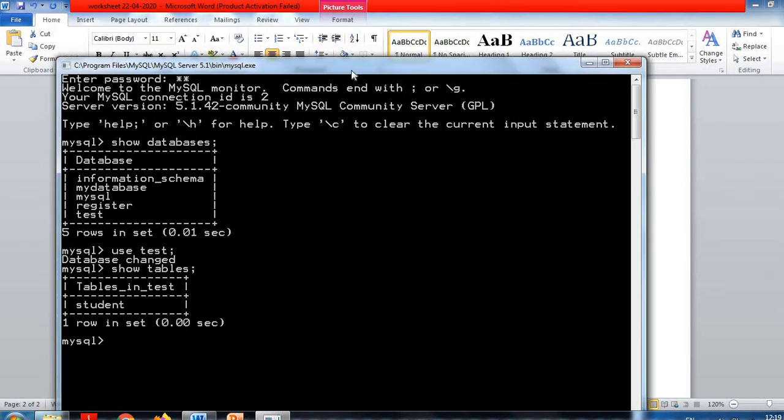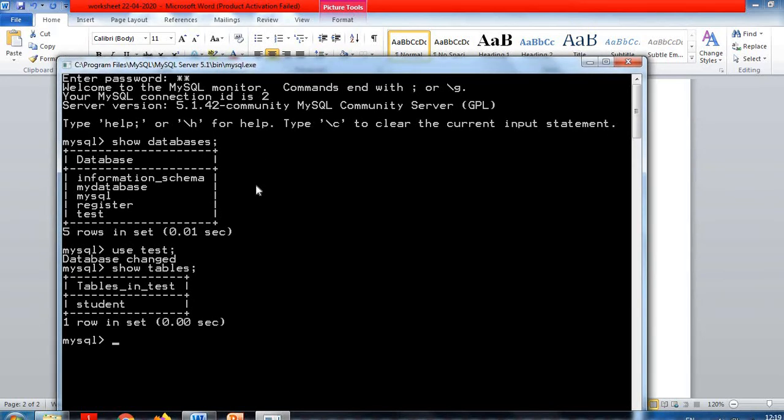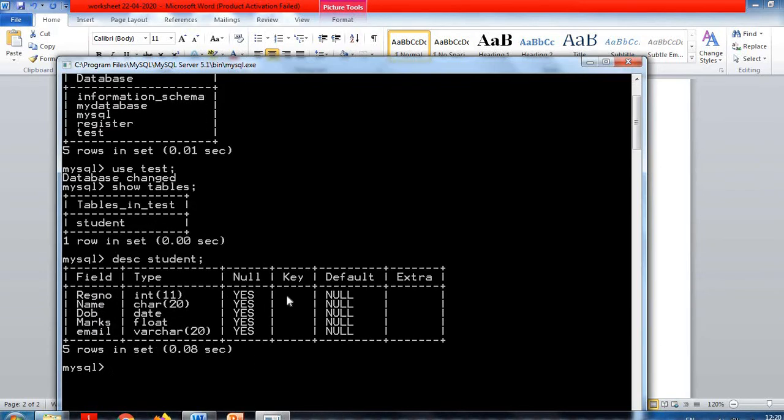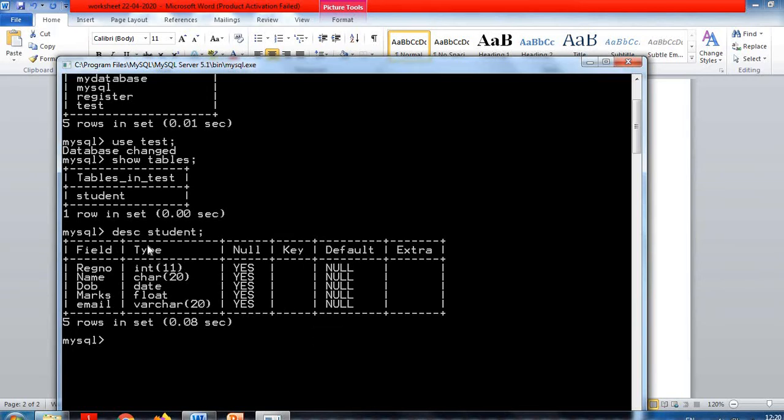Now we are discussing some commands in practical format. In the last class we created the database test, and now I am using the test database: use test. It means when you are using SQL, there is no requirement to create the database again and again. If you created it first, you can directly use it. You can use the show tables command to see how many tables there are. There is a command DESC table name, DESC STUDENT, which will show the structure of your table. As you can see, describe student.